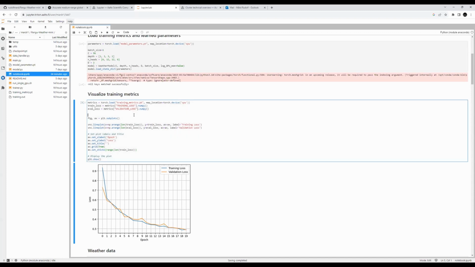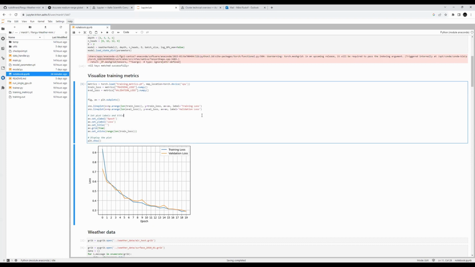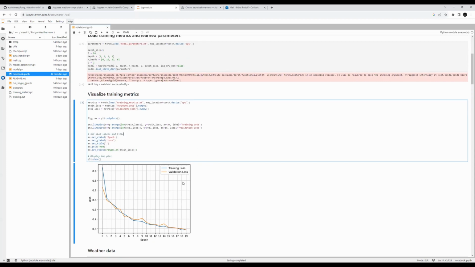This makes it easier to, for example, create visualizations of the training metrics, or anything else that you need to test, or if you want to run some code quickly, so you don't have to create a script and a shell script and submit it to the Triton. For such tasks, the notebook is very, very useful. There is a notebook Triton interface they offer. I suggest using it. It's very nice.